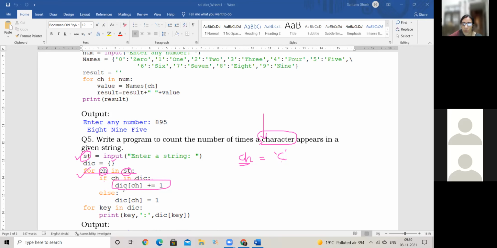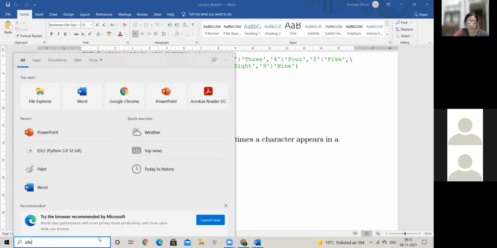This will evaluate to what? Dict[ch] is equal to Dict[ch] plus 1. Now Dict[ch], if it is not existing, it will be created with 1 for the first time. If it is existing, it will pick up whatever Dict[ch] returns, add 1 to it and replace it back into Dict[ch]. Is this thing clear? What I'm trying to say is that, supposing, let me show it to you with an existing dictionary.